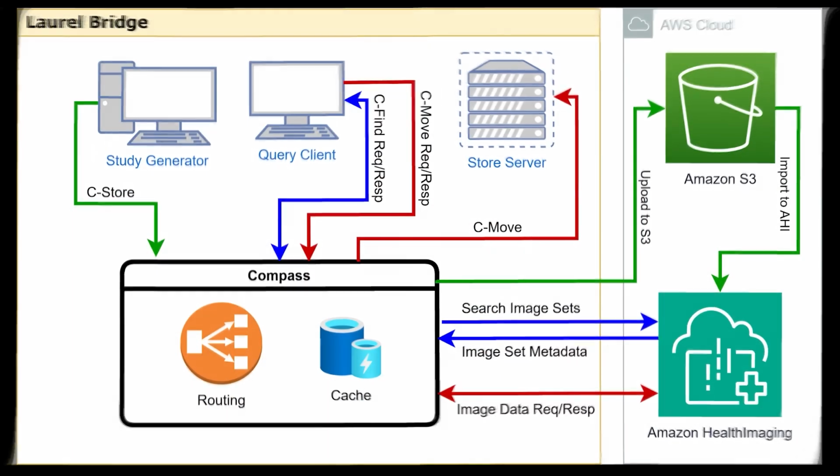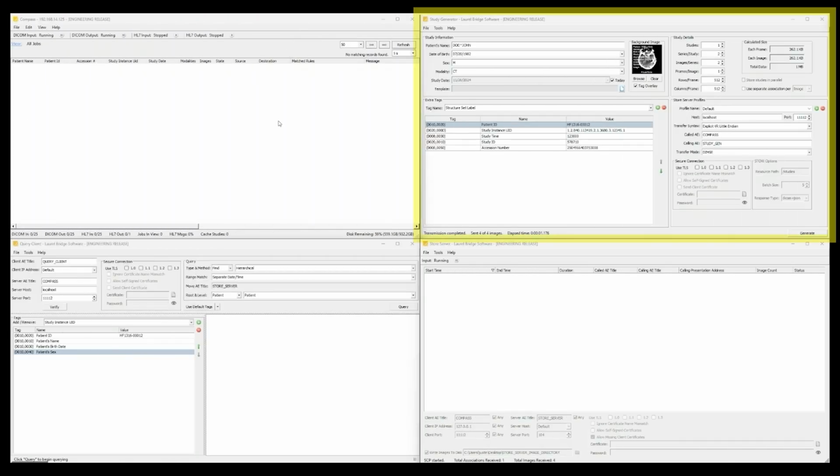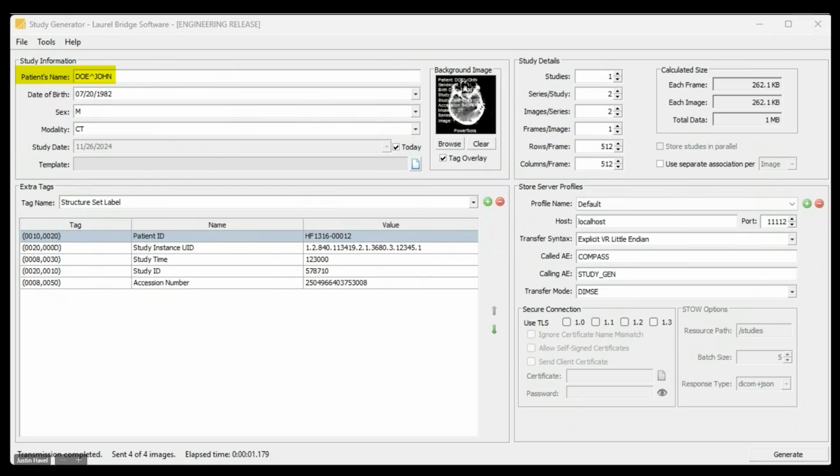This video is a demonstration of the AWS HealthImaging support currently implemented in the Laurel Bridge Compass product. On the upper right-hand side of the screen, you'll see a utility that we'll use to generate a study for patient John Doe. It contains 2 series and 2 instances per series, so in total the study contains 4 instances